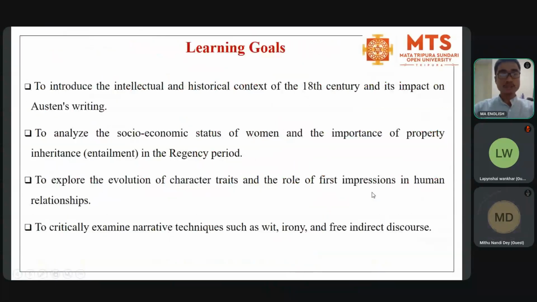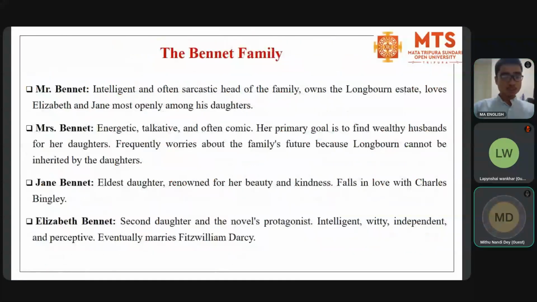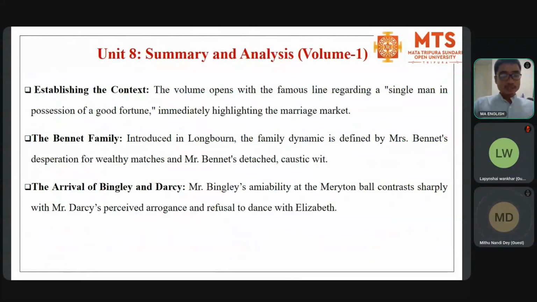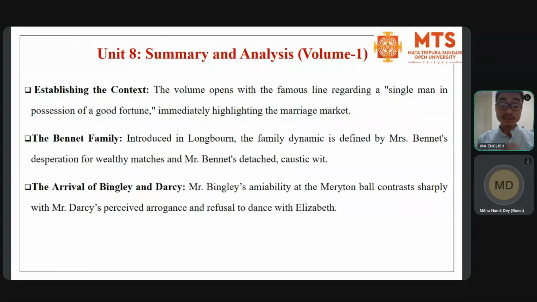It begins with Mrs. Bennet looking for perfect or wealthy husbands for her daughters. Her desperation to get good husbands for her daughters, and the actual things begin when Mr. Bingley and Darcy arrive,